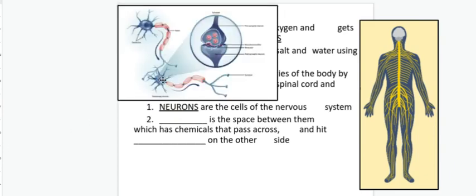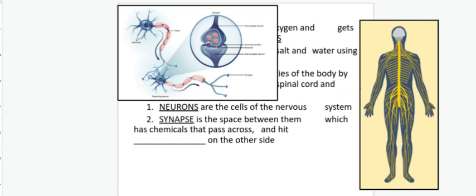This is a neuron. That's a neuron. And there's a space between them called a synapse. The space sometimes shows up on Regents' questions. It's called a synapse. And the reason they like to teach about it is because if you look, here's the